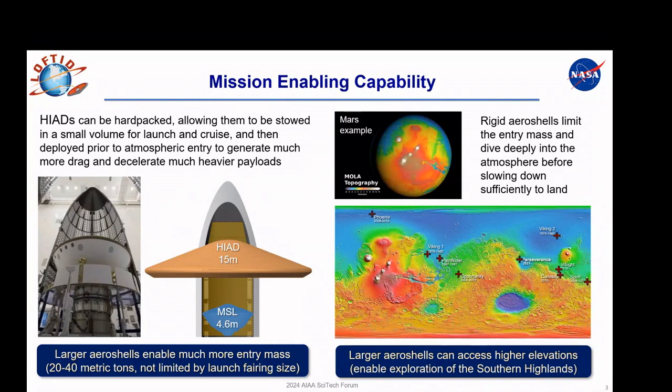But a HIAD can reach much larger diameters, and the name of the game is drag, to be able to land heavy masses onto the surface of anywhere with an atmosphere: Earth, Mars, other bodies. And it also decelerates at a higher altitude. The reason that's important is currently, if you look on the right picture showing the